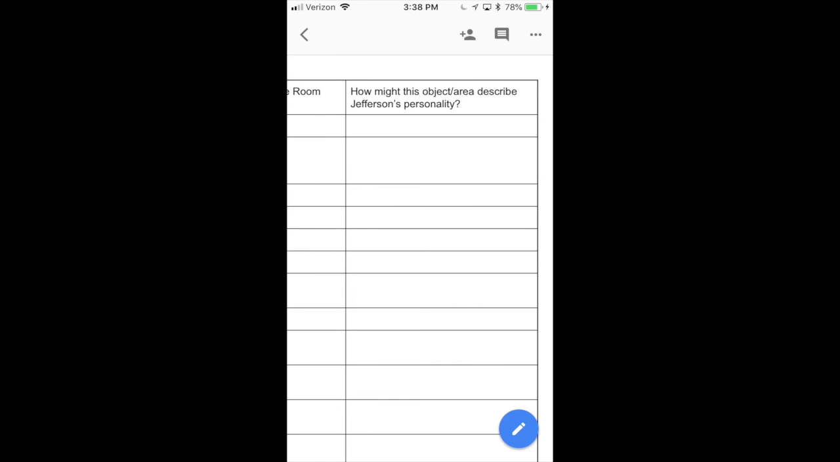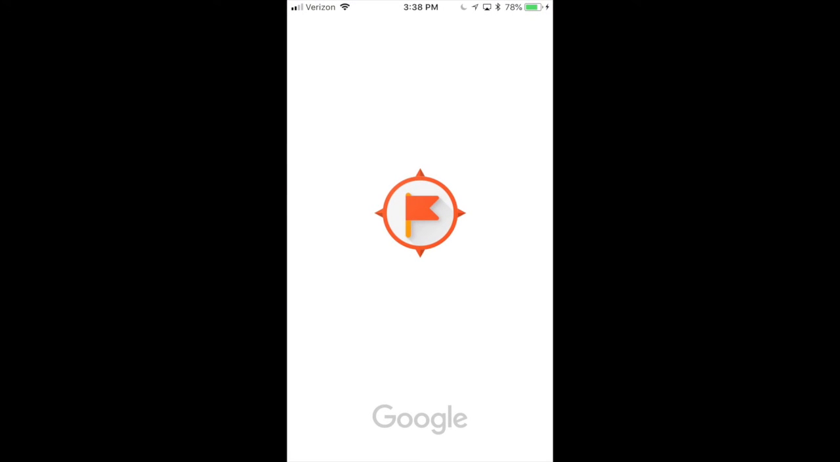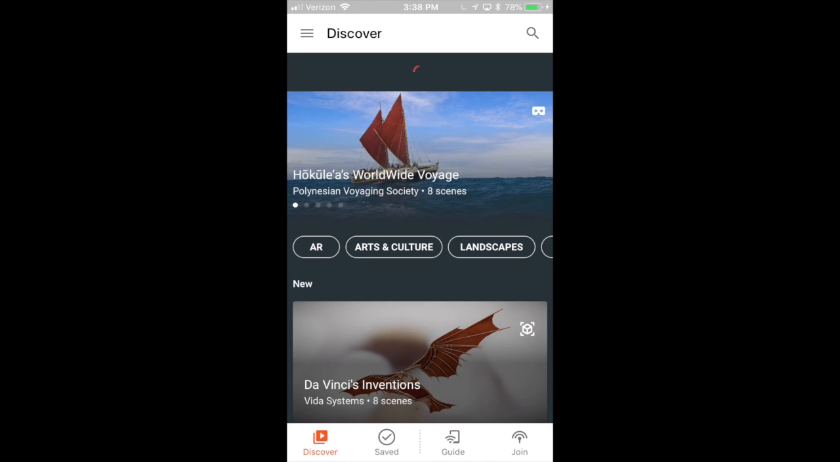So the point of this lesson was to compare how Thomas Jefferson wanted to be viewed by the public and how he actually was on his own, his differences in personality. So we looked at how the rooms that he had in his house that were meant for entertaining and meant for the public were very different than the rooms that were just his private rooms. And we discussed what that said about him and how he portrayed himself versus how he actually was. So there are a lot of different ways that you can incorporate these expeditions into your classroom. Again, just viewing them and doing the